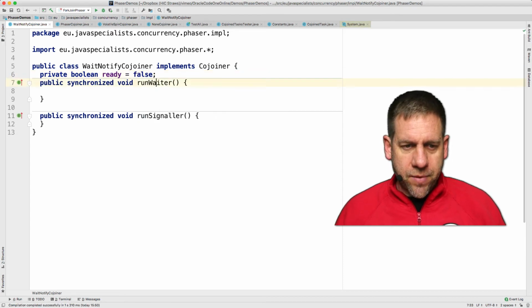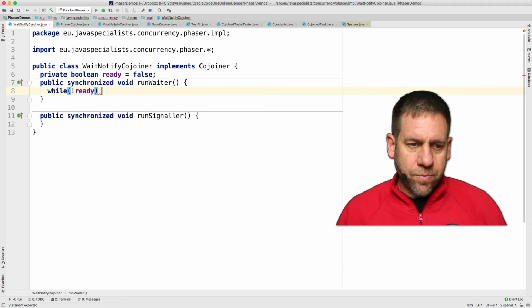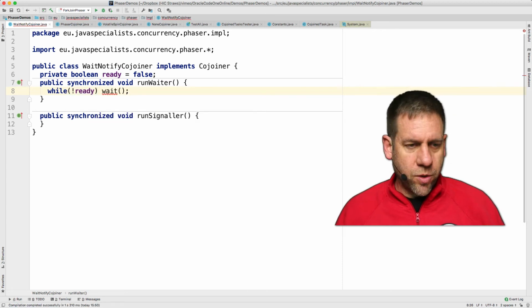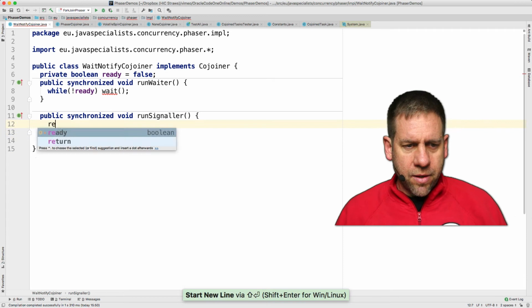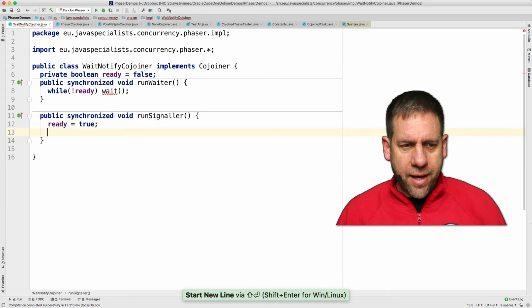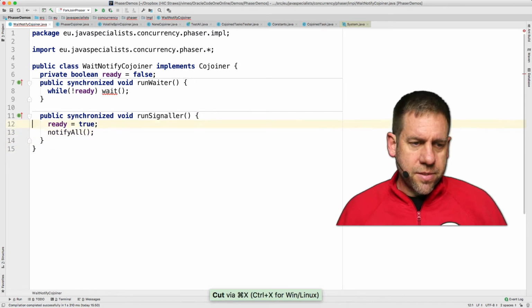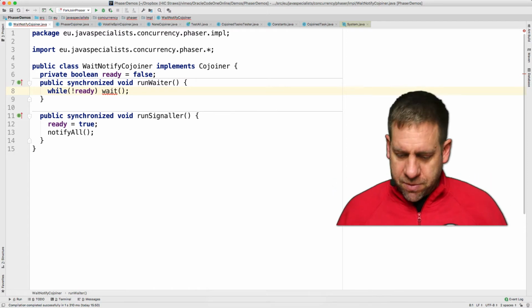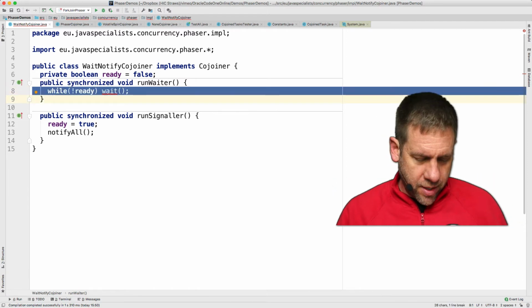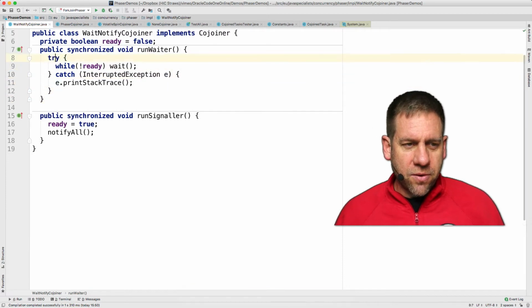And then inside here we're going to do something like while not ready, wait. Now I'm going to call wait, which is going to suspend the thread and let go of the lock. And then here I'm going to say ready equals true and notify everybody to wake up. So this is almost correct, except that I have to now worry about the InterruptedException because, of course, wait throws InterruptedException. So I want to do this uninterruptibly, which means I need to do something along these